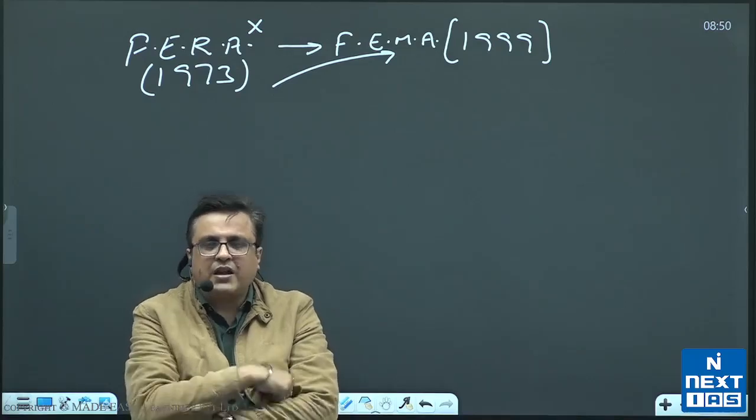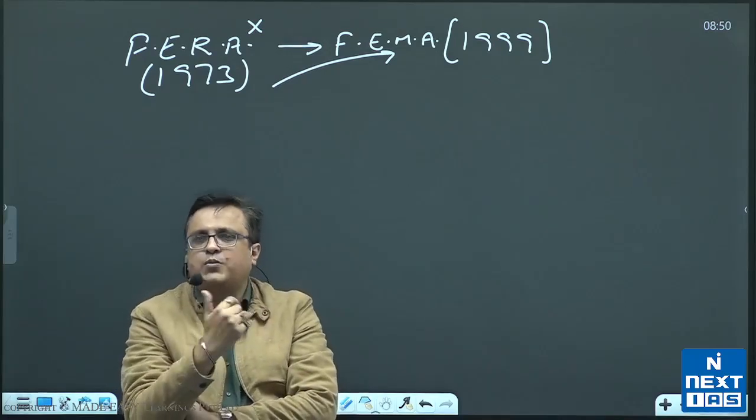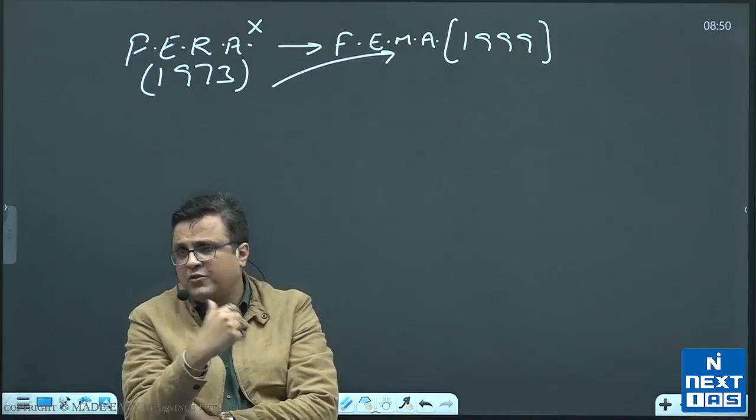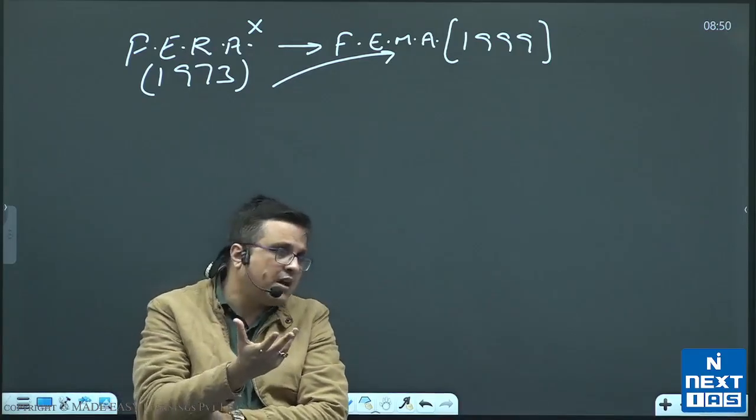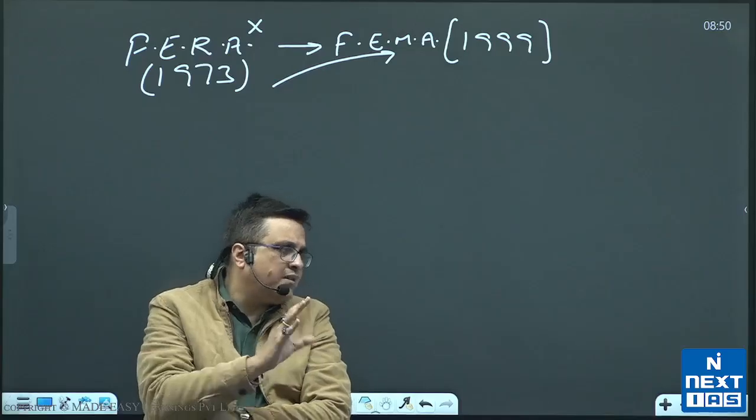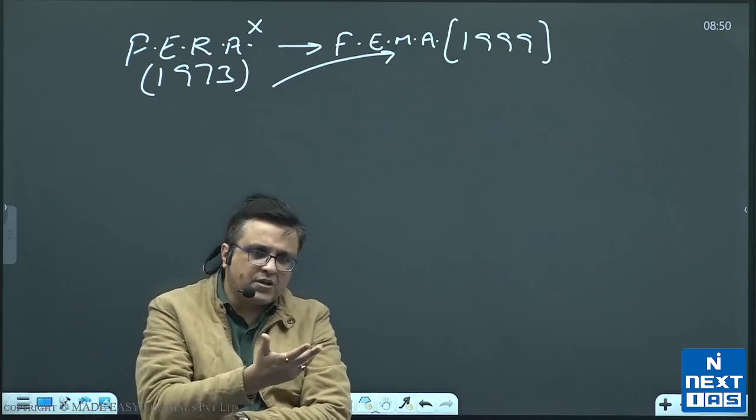All right. Now 9 months is a sufficient time, and exporters are told that if you want more, we'll give you more time. In case there is some other restriction and you want more money, more time, we'll give you more time. But 9 months already given to the exporters.